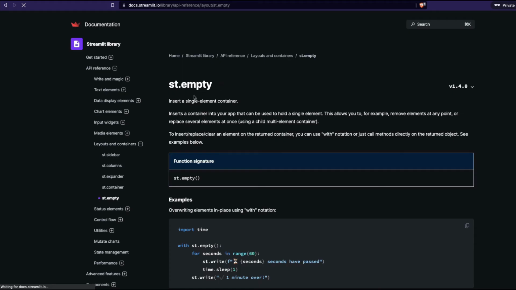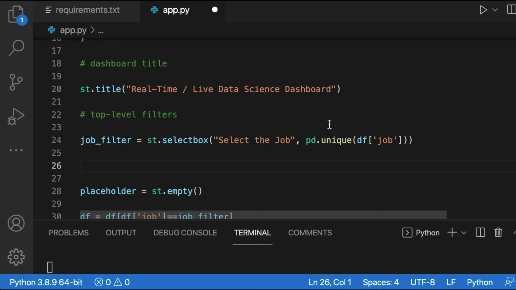So st.empty inserts a single element container. It inserts a container into your app that can be used to hold a single element. This allows you to, for example, remove elements at any point or replace several elements at once. So what we are going to do here in this real-time dashboard is we are going to replace elements, which means,